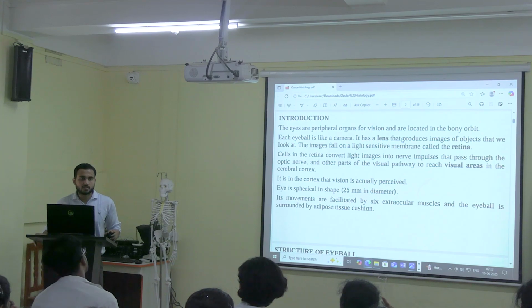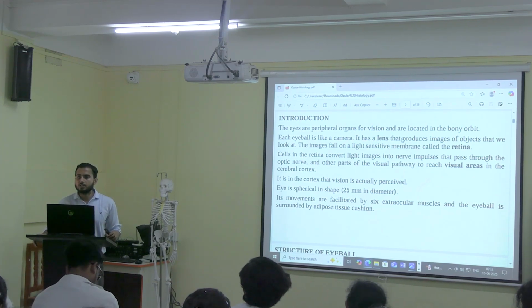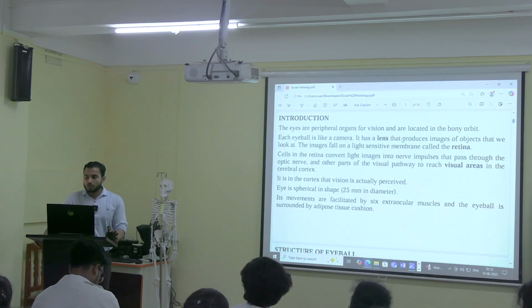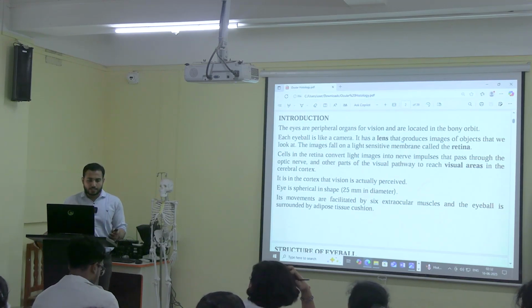Six pairs of extraocular muscles are there, either side. So six on this side, six on that side. Those muscles help in doing various movements of the eyeball. All those things will be discussed in the gross structure. Next,